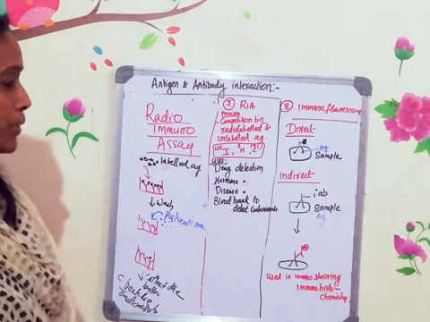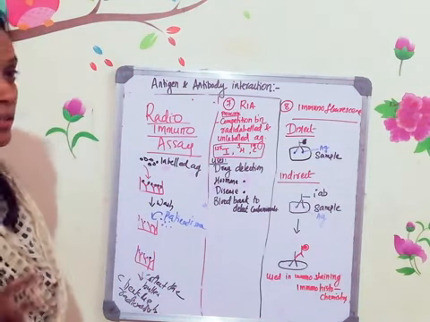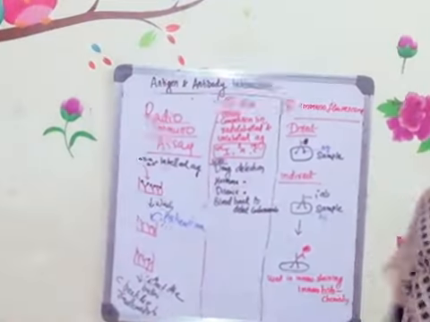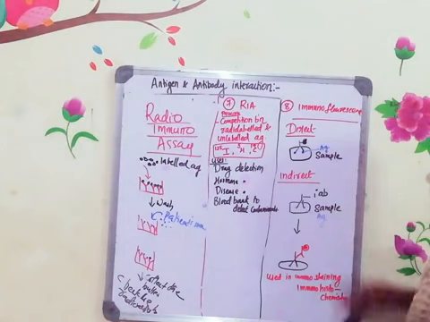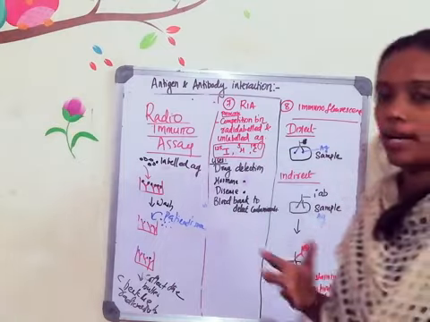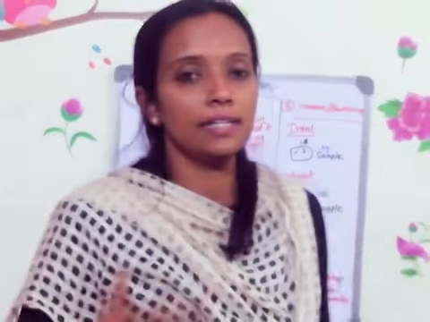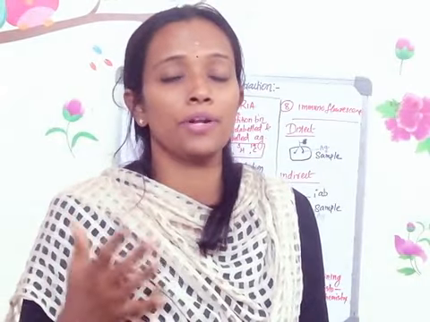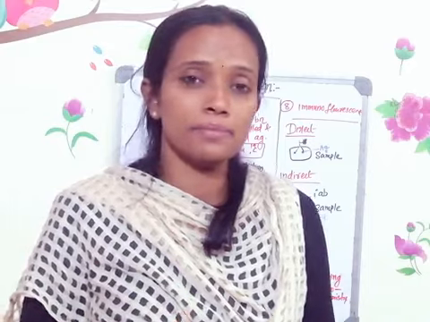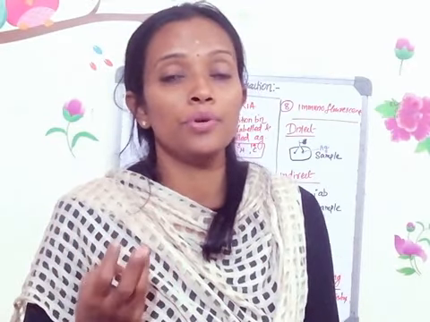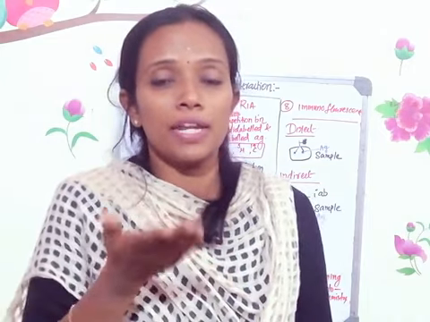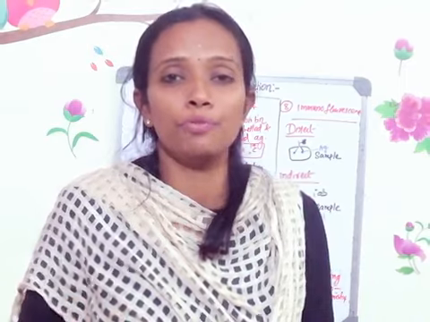And the last one is immunofluorescence. In ELISA, I told you there are methods: direct, indirect, sandwich and the competitive method. In immunofluorescence also, there are two methods, one is direct and the other is indirect. Now the important aspect about this technique is that there is no need of separating the serum sample or anything. You can check it in the serum sample also, but mostly it is used for immunohistochemistry. What do you mean by immunohistochemistry?